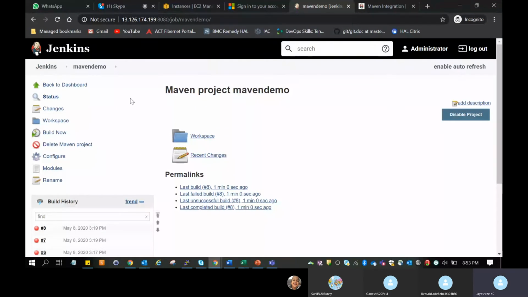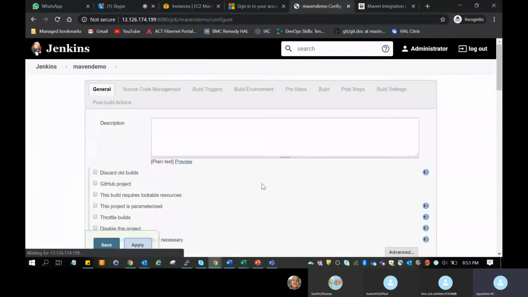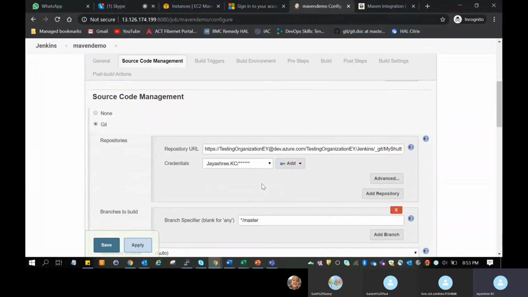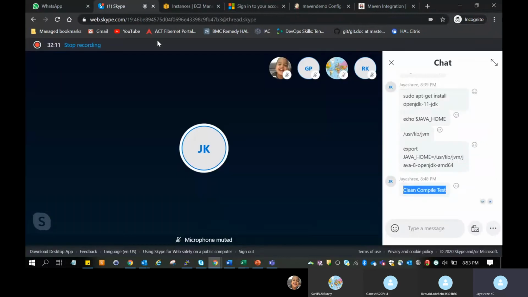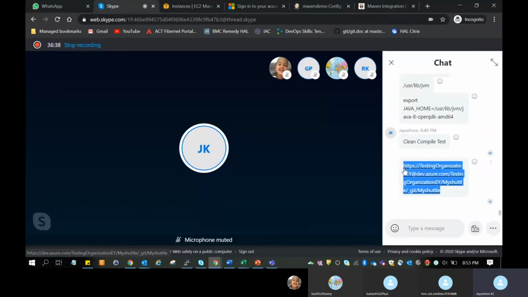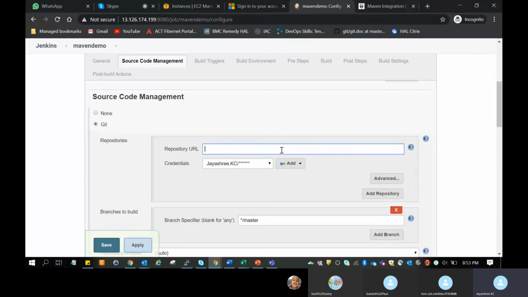Go ahead and give configure and change the GitHub project. Let's give another project. Paste it. That's fine, I think. Select JSON case, it should be validated. Save it.